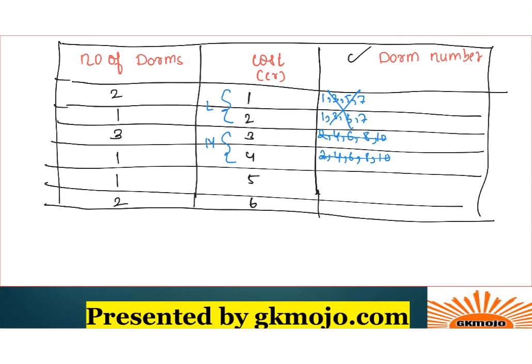Point number 3, DOMs which are a multiple of 3 do not need extensive repair, right? So whatever DOM number is a multiple of 3 does not need extensive repair. These are extensive repairs, right, which cost 5 crores and 6 crores. What are the multiples of 3? 3, 6 and 9, right? So they are not present in the 5 and 6 crore block, right? So this is cancelled over here, right? We are done with the first 3 primary conditions now, right?